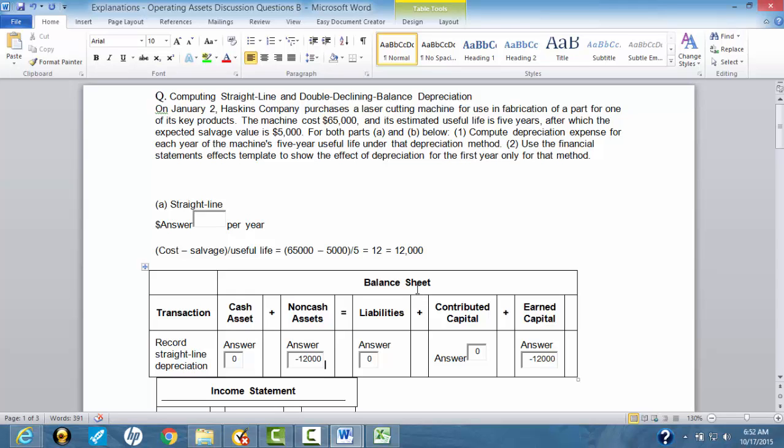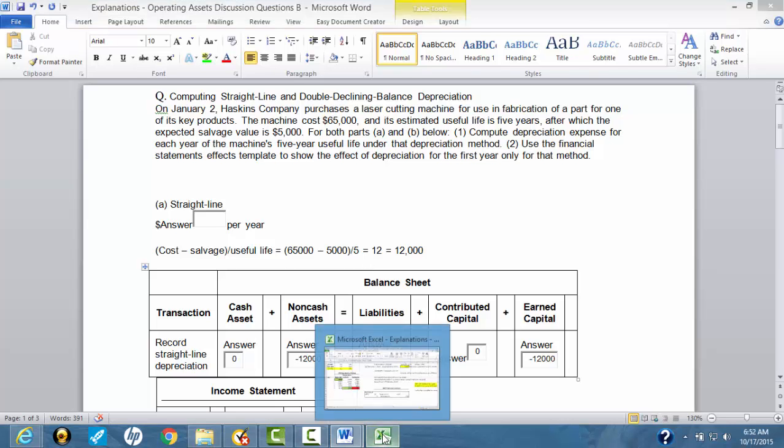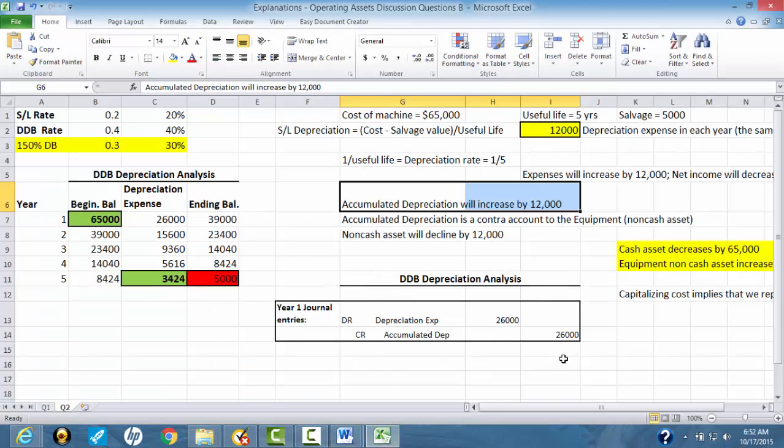Now let's look at the double declining balance method. And we will be doing the depreciation for the same asset. Now, under the double declining balance method,